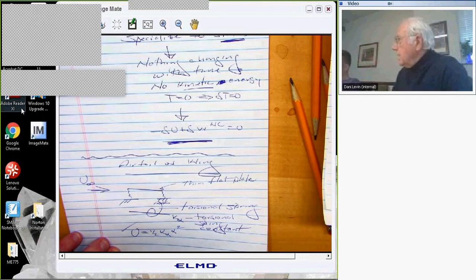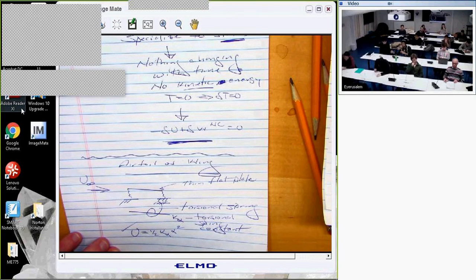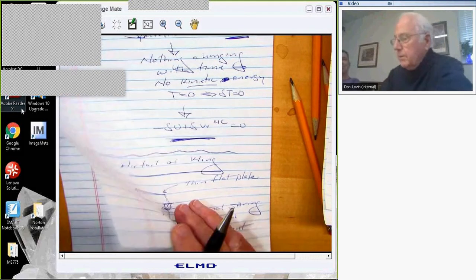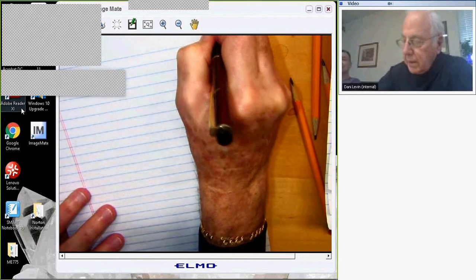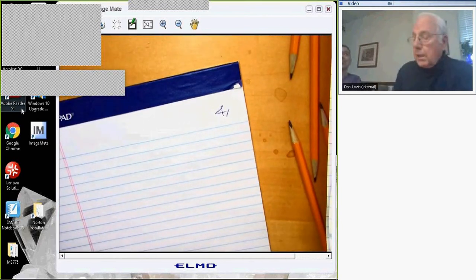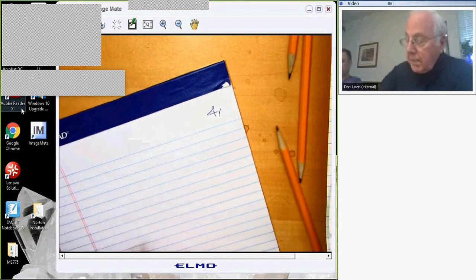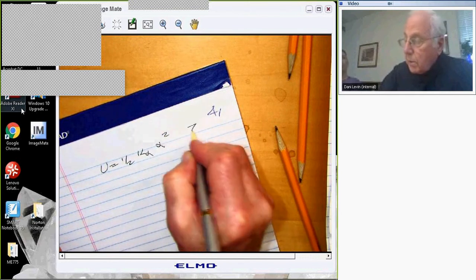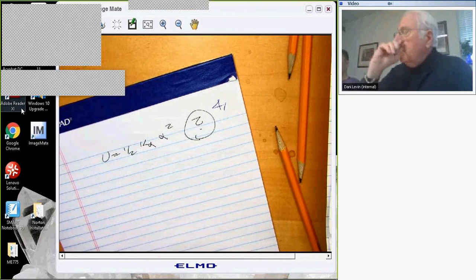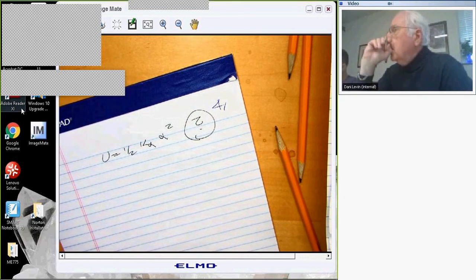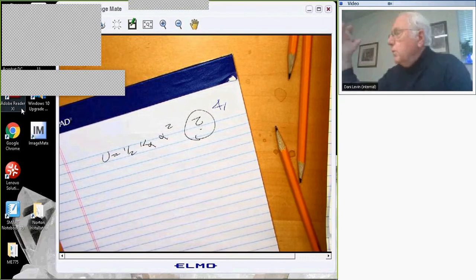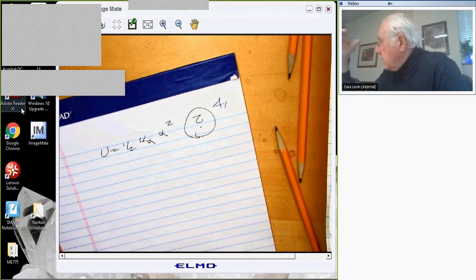Well, yes, it could be computed from the virtual work, or the work done by this spring. We could. So let's just do that for fun. Where does it come from? Well, we could compute the work done by that torsional spring. So what happens when the plate rotates, and therefore